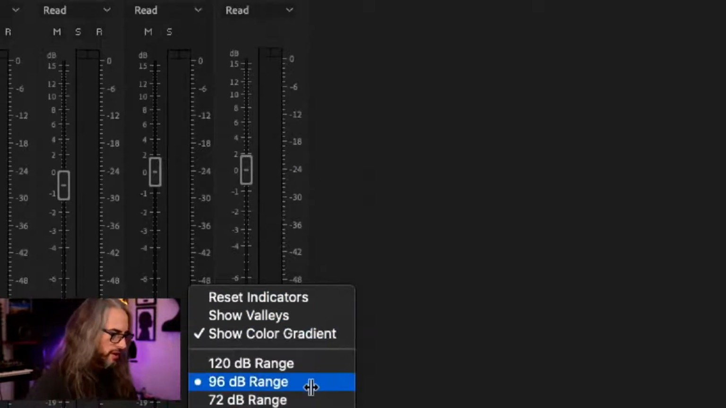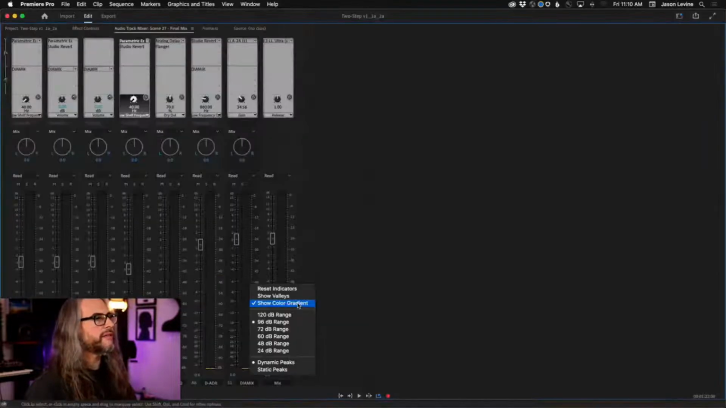All right. Also, show color gradient. Not important to necessarily point that out, but that's just when you have the